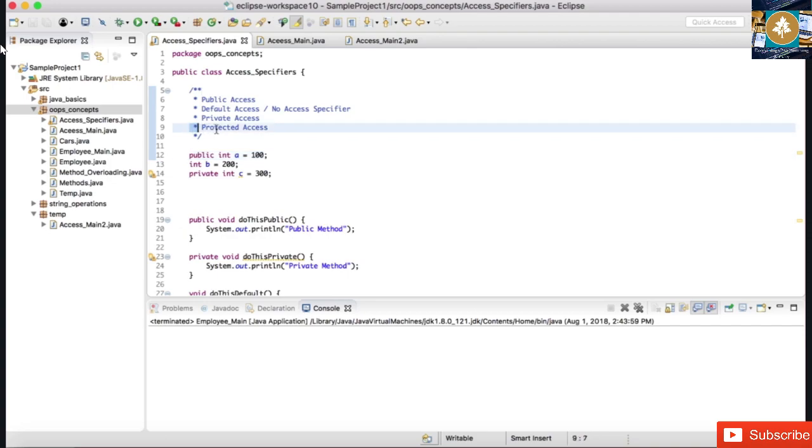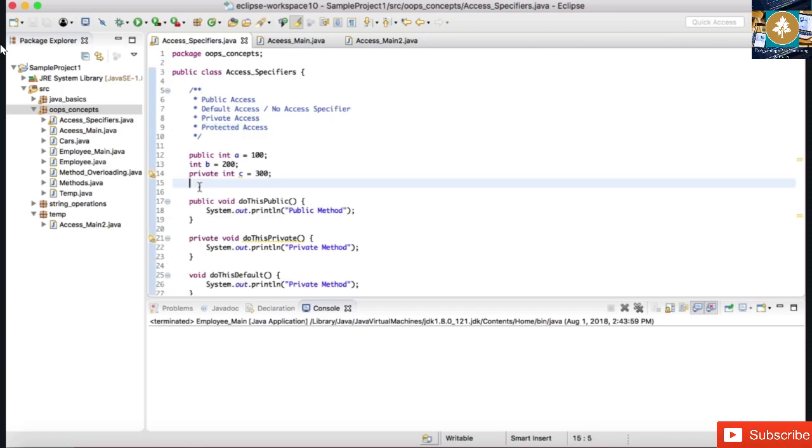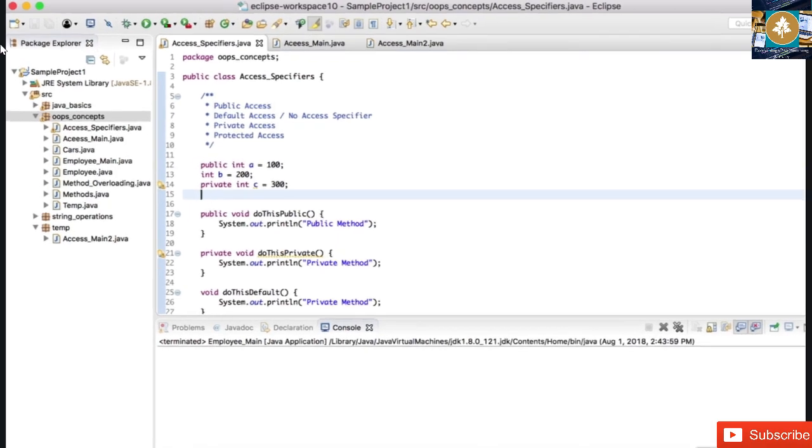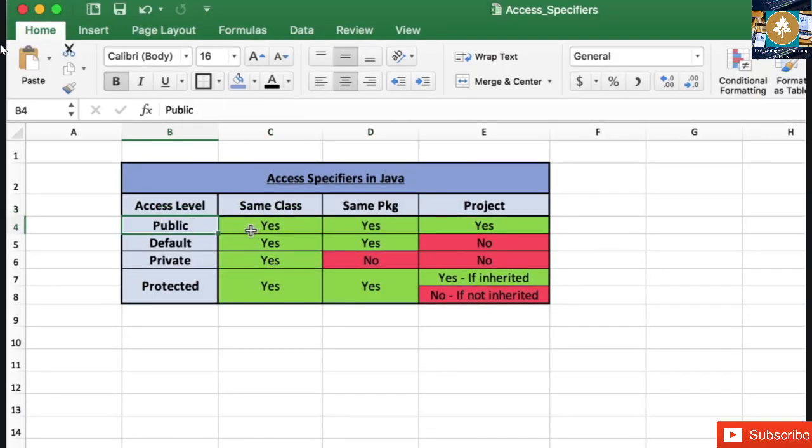Of course, there is one more access level that is called protected access, which we will see in detail when we understand the concepts of class inheritance. So for now, let us take a look at the table that represents different access levels. In the public, same class, same package, and the project level, all accesses are fine. Default can be accessed in the same class, in the same package, but when you try to go outside of the package, it cannot be accessed. And the private is strictly private to the class itself. In the same class you can use it. If you try to go outside of that class in the same package or in the other packages,